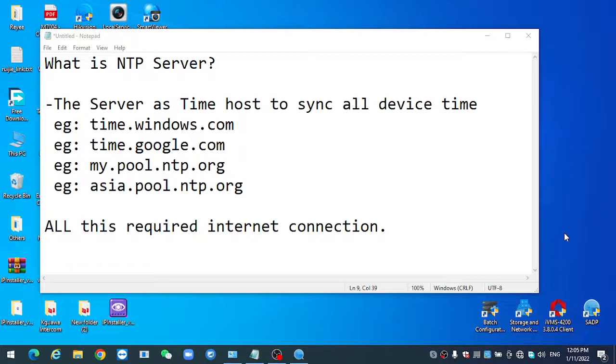Okay, today I want to share what an NTP server is, because something happened with my customer. So what I'm showing here: as we know, the NTP server is a time server that we're able to sync our time to, so that we can all run at the same time, right? I have some examples here: time.windows.com, time.google.com,